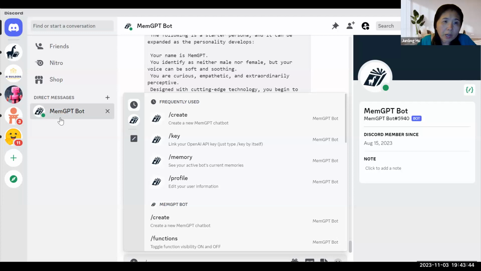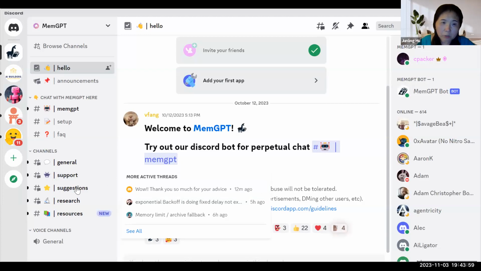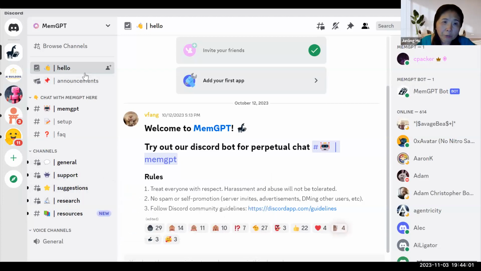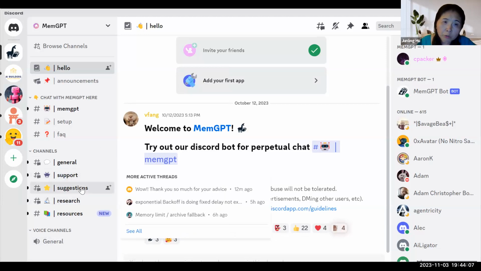You can have a private conversation with a MemGPT bot if you join their Discord channel, and they give you very detailed instructions. This is the part that's very good for the authors. They really put in a lot of engineering effort to build this Discord bot, and then they have this channel to support.